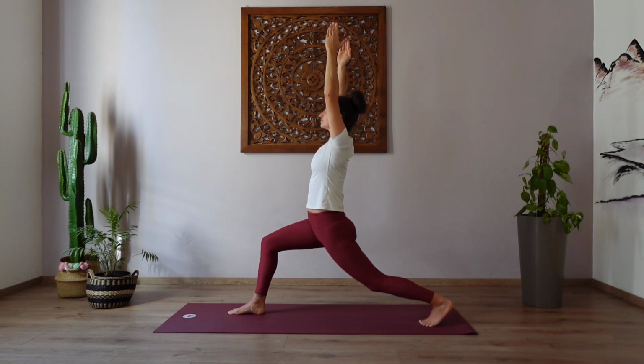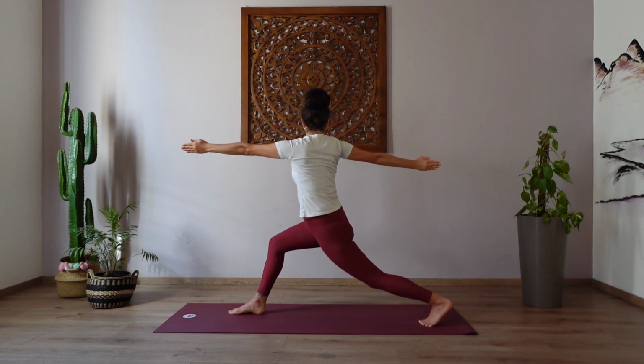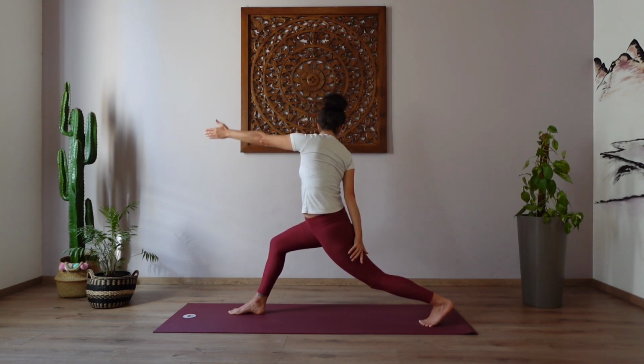One more inhale. And then exhale, find your twist. Right arm reaches back, left arm forward. Try to pull the right hip a little bit further back to deepen the twist. Good. Either stay here or you can release your right hand on the back of the left leg and reach